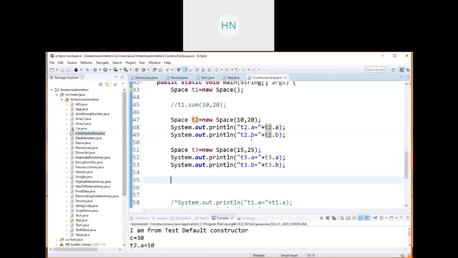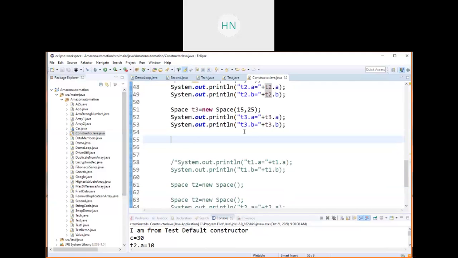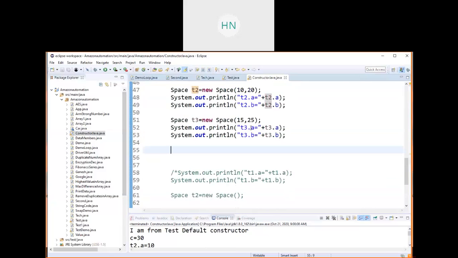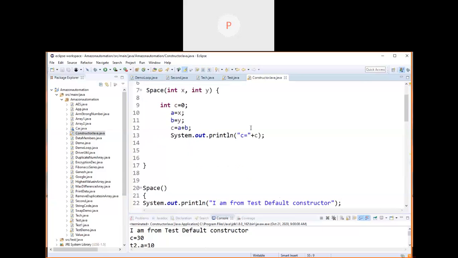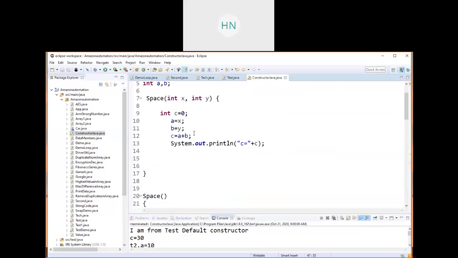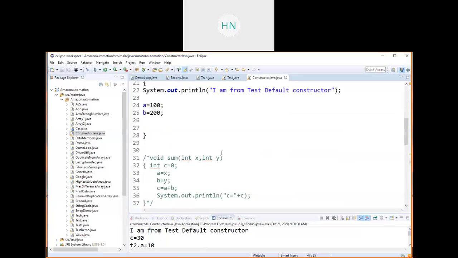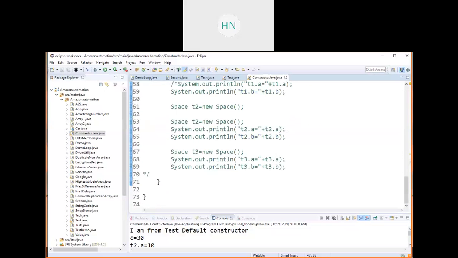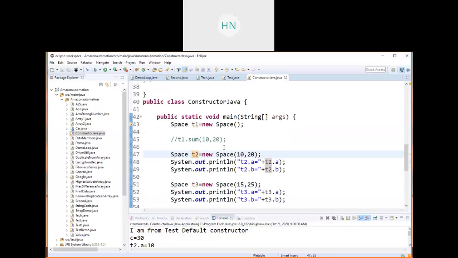So that's how, whenever you are calling with different values, it will print the different values. The data members are holding different values. So that is the main difference between your default constructor and parameterized constructor. The basic and important point is, whenever you are using a default constructor and parameterized constructor in your programming, you have to explicitly declare your parameterized constructor as well as the default constructor. This is mandatory. Otherwise, it will showcase errors.